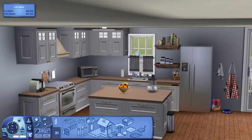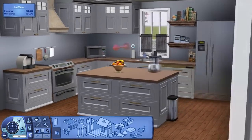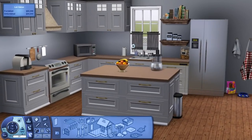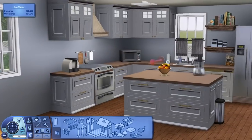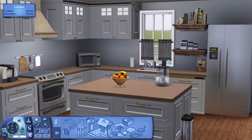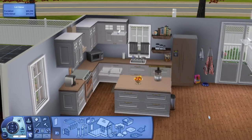Right now though, I still feel like it's very boring. I just feel it's very lackluster. There's not really too much to it. There's not a lot of color. And even though I love my neutrals, I just feel like this home needs to have a little bit more color. So I think we're going to go in and edit the walls and change up the flooring a bit,